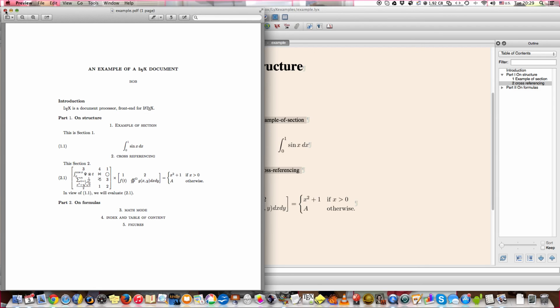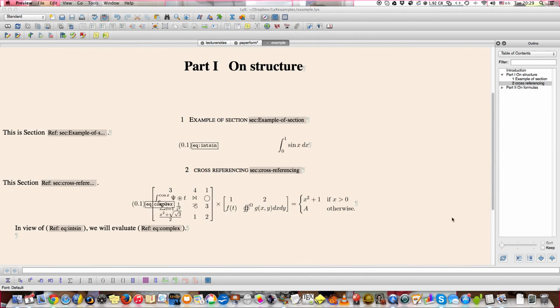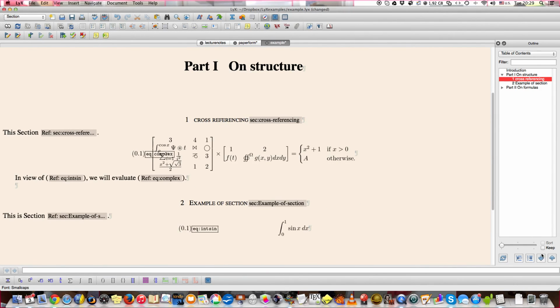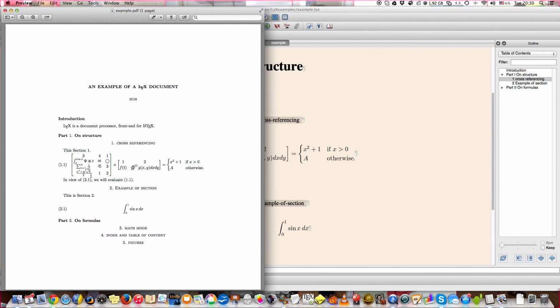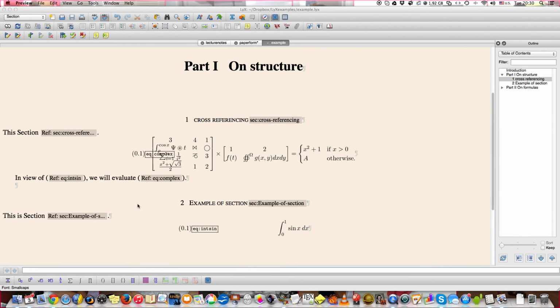And now what I wanted to point out is that, again, if I exchange these two sections and generate the document again, then of course, this is now the first section, so the number becomes 1.1, and the number for the second section is 2.1. And of course now, instead of having in view of 1.1, we will evaluate 2.1, we have in view of 2.1, because 1.1 became 2.1. Okay,